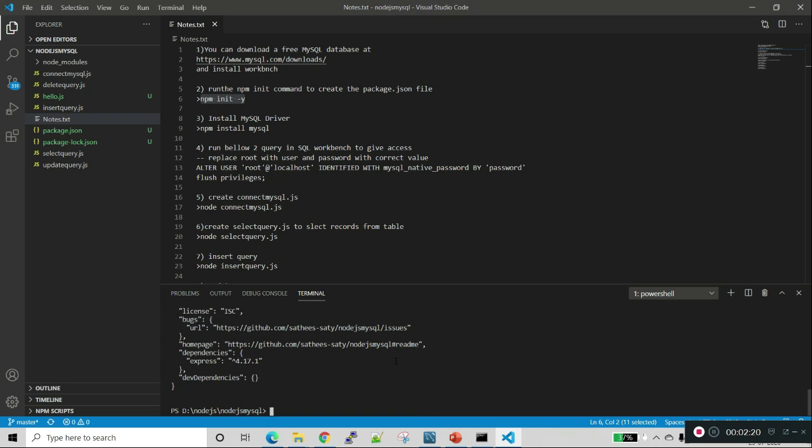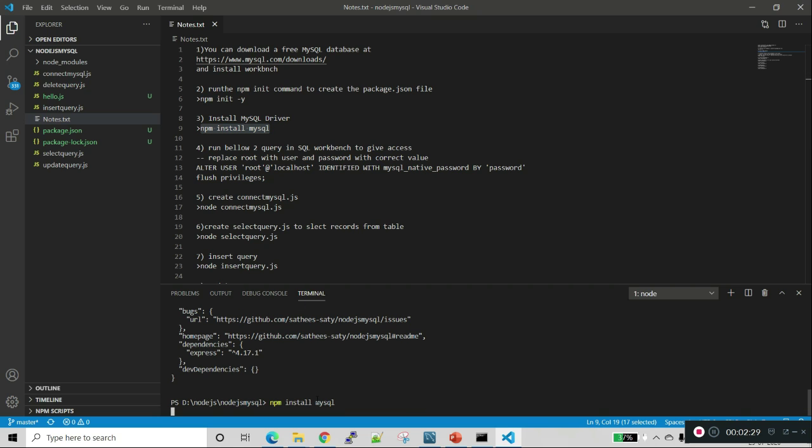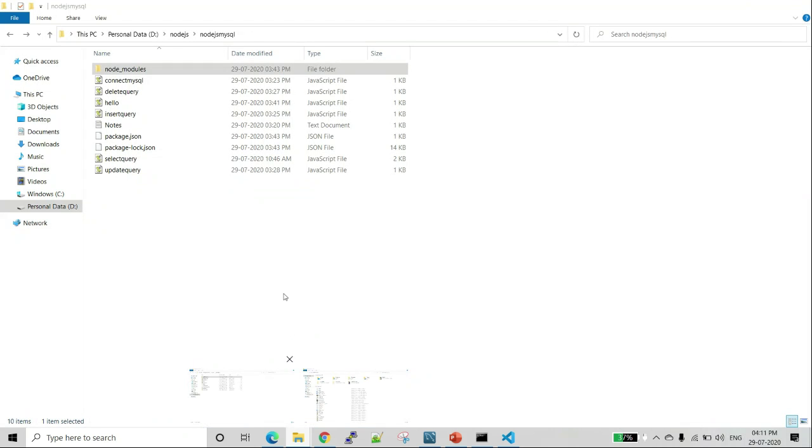In the current directory, I am installing the MySQL driver. Now we can go and check our folder.